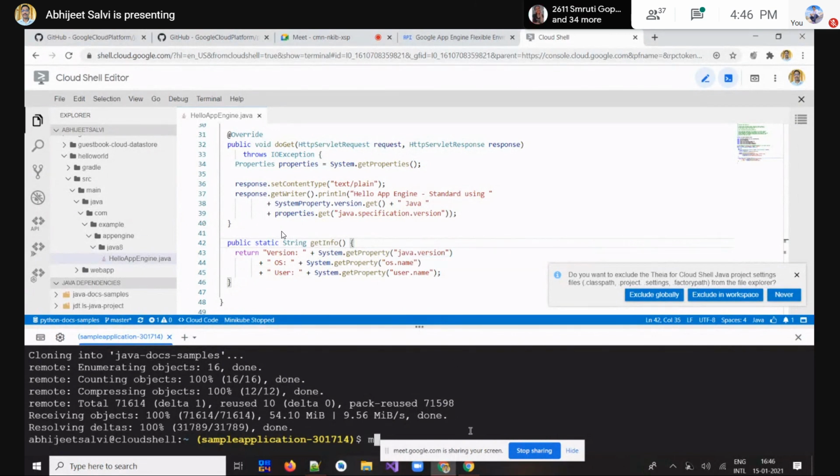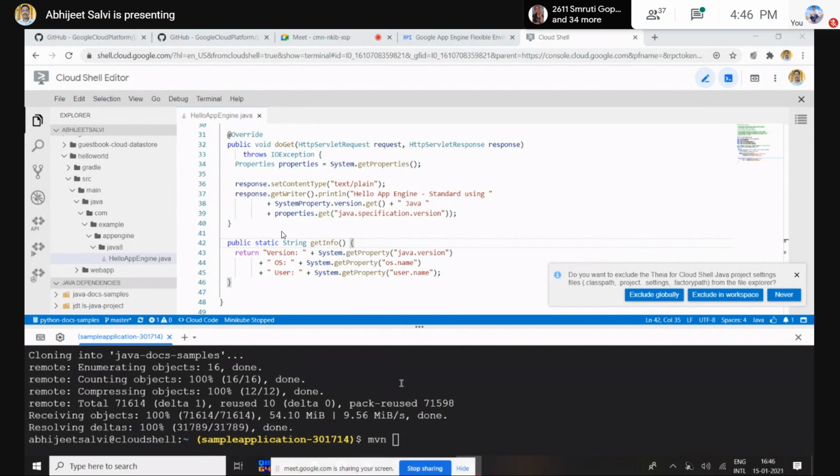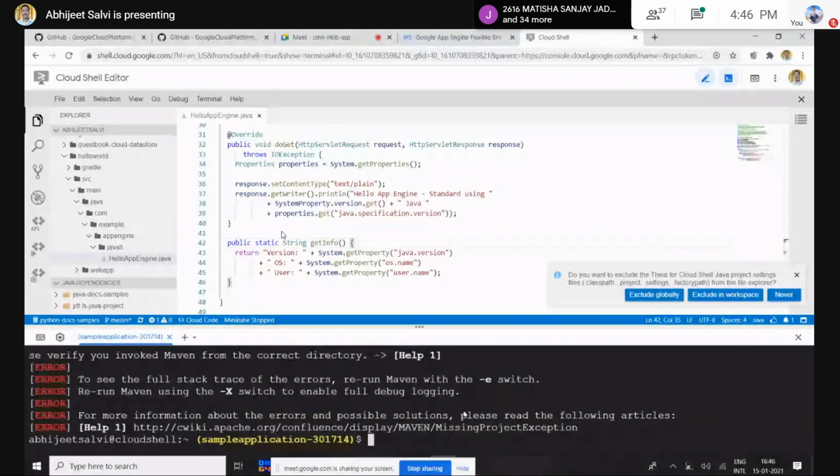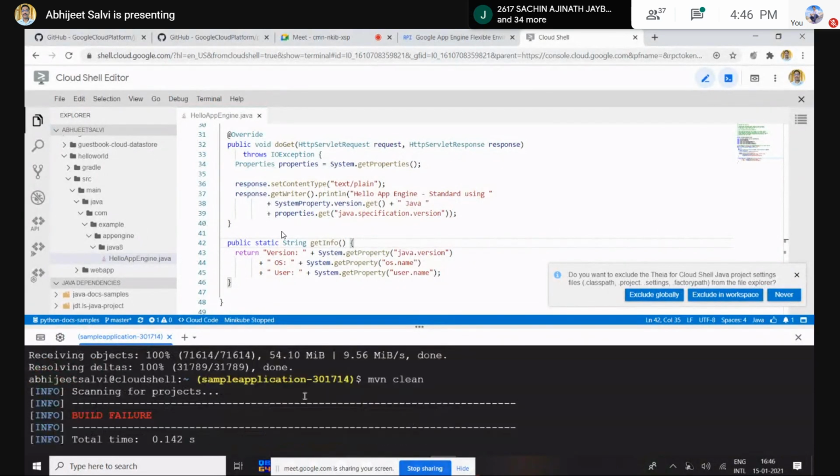So we write mvn and then the clean statement. One second. That will build the application. Okay, fine. Before that, actually, I forgot one step.